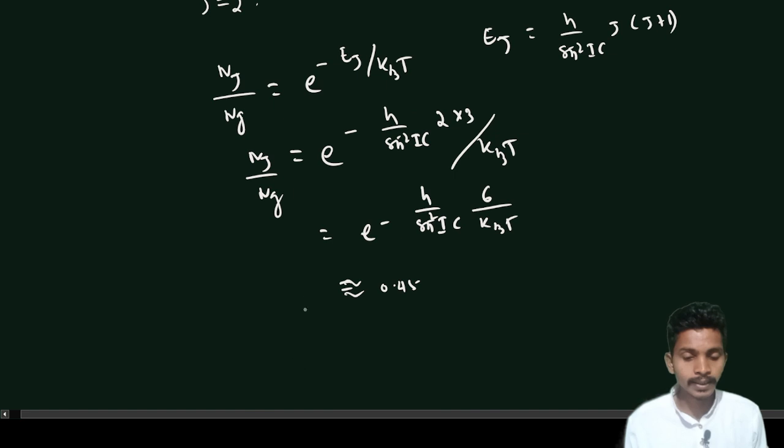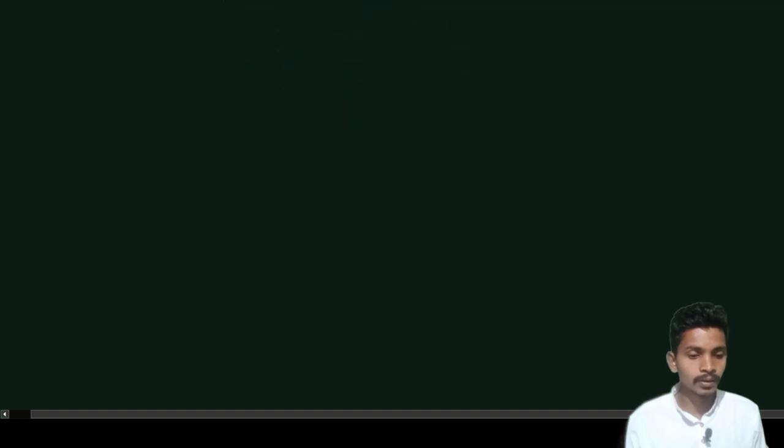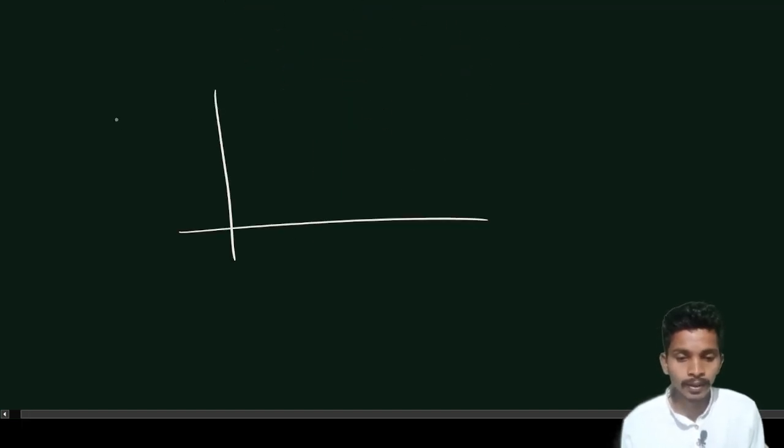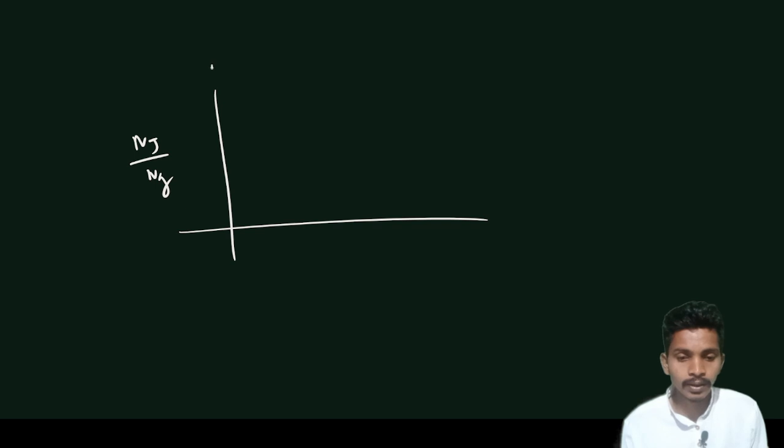means this ratio is decreasing. Again, if you go for j equal to 3, then n_j and ground state is nearly equal to 0.001, like that, means this excited-state ratio decreases. So if you plot the graph of n_j upon n ground state against the j values, what you see is that the value is decreasing like this,